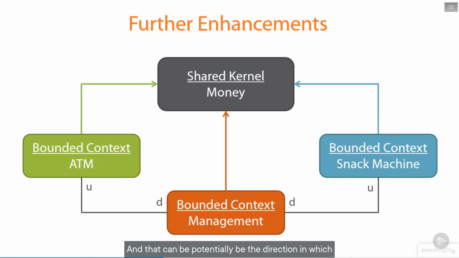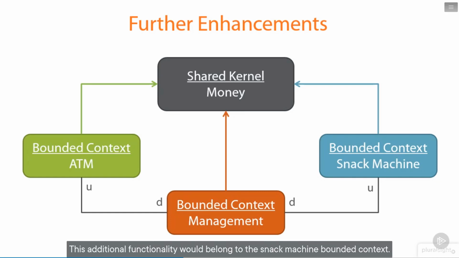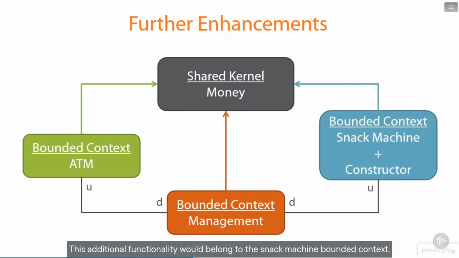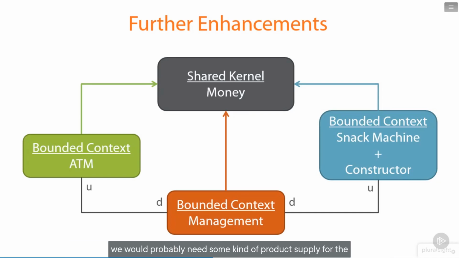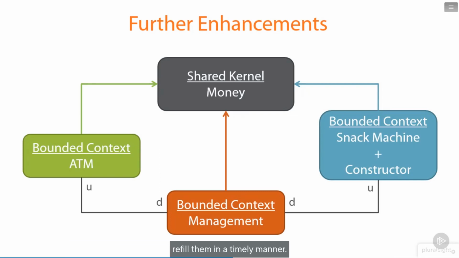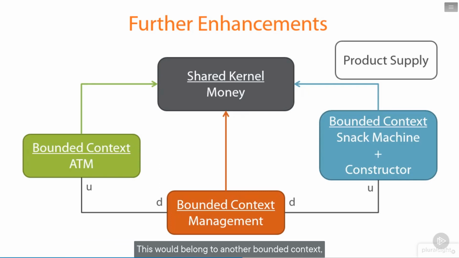And that can potentially be the direction in which the development will move further on. This additional functionality would belong to the snack machine bounded context. Also, we would probably need some kind of product supply for the snack machines our company owns in order to be able to refill them in a timely manner. This would belong to another bounded context, product supply, and it would contain its own version of the product entity, because the perspective from which the two bounded contexts view this entity differs, despite the fact